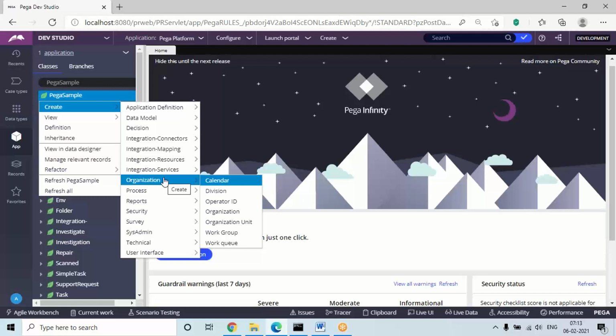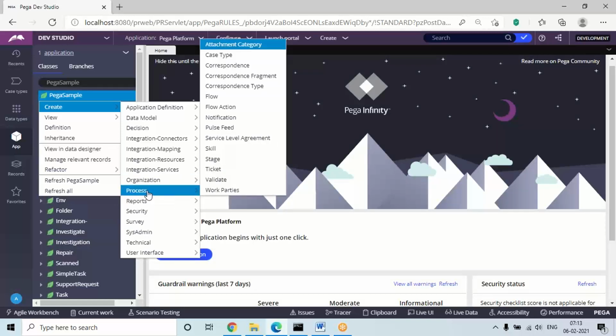Like that, any user IDs, see, earlier we created some user IDs. Again, from the parent ID, if you want to generate any, actually this is not your role. Organization is not your role in real time, but we'll be working on some scenarios, because without that we cannot practically understand some scenarios. We will understand how to create all the organization rules also. And process rules are nothing but workflows, validations, notifications, work parties. Some different types of process rules are available, so that also we are going to understand.